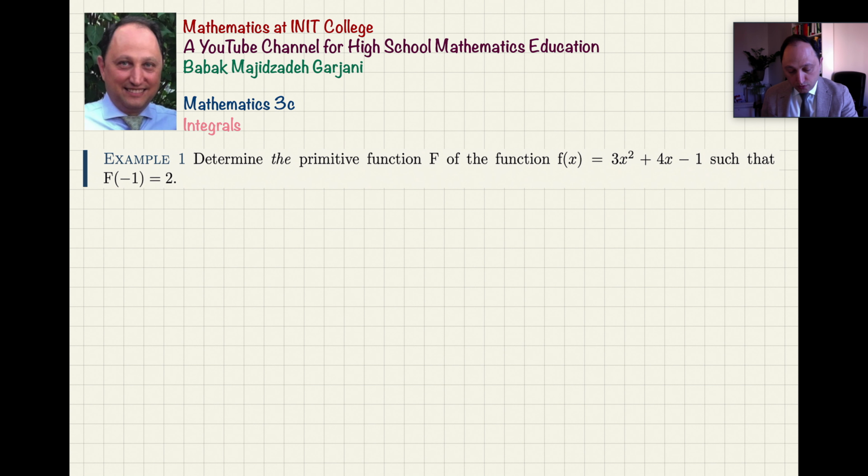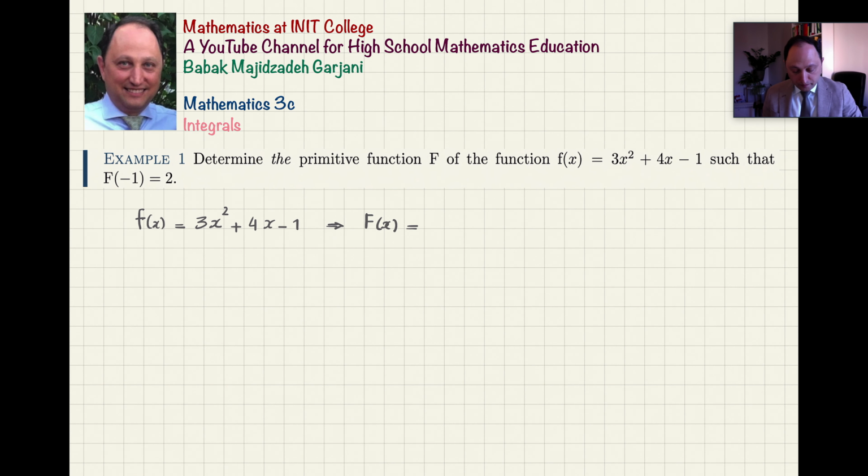The first thing that you need to do to solve this problem is to find all primitive functions first. So you would say that f of x is equal to 3x squared plus 4x minus 1. From here, if I want to find all possible primitive functions capital F, what I have to do,